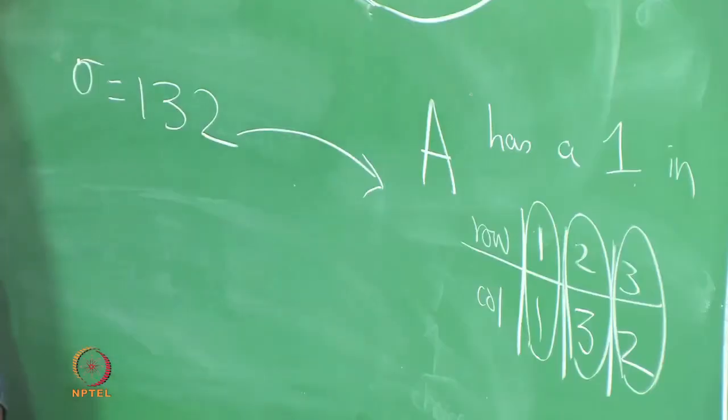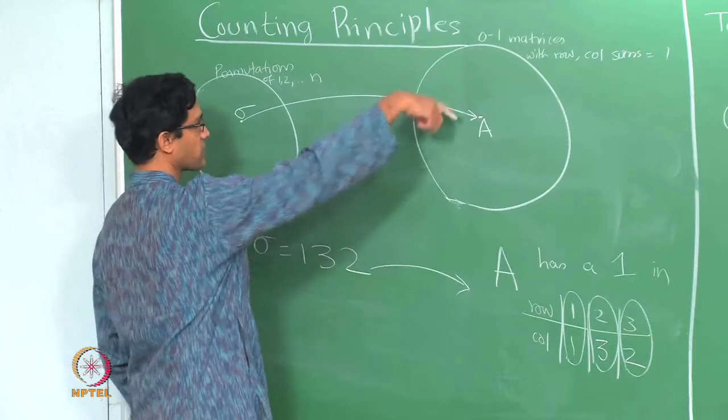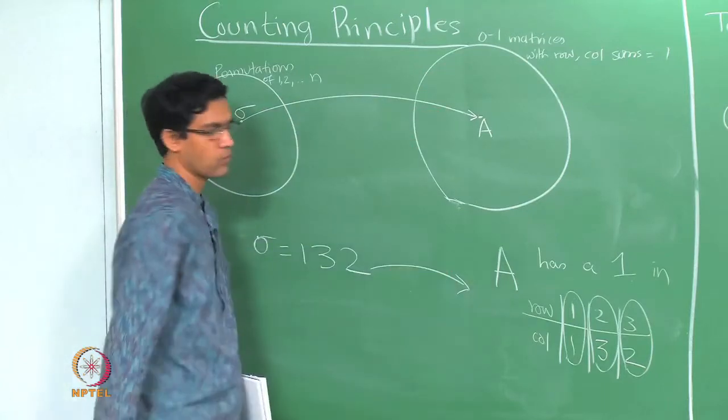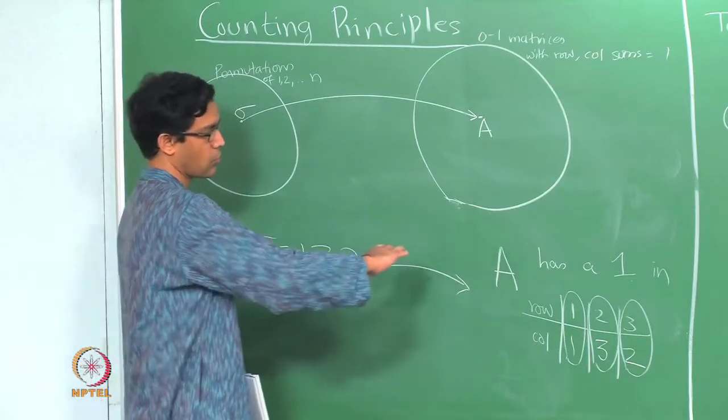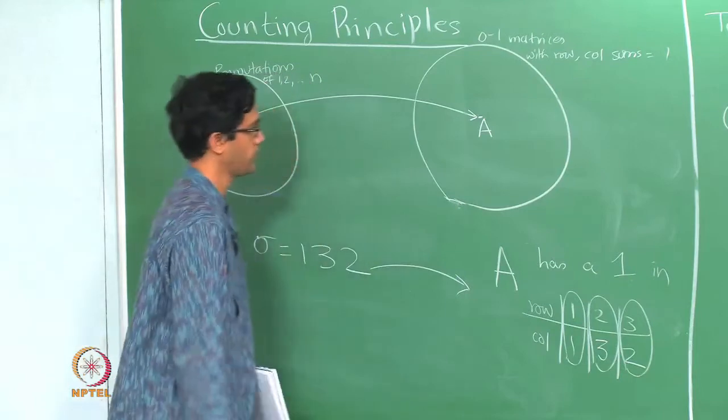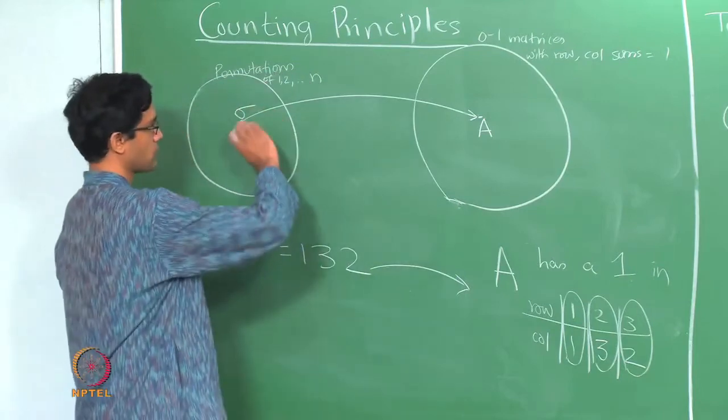So that is the association. Now similarly, given a matrix satisfying those conditions, you can reconstruct the sigma in pretty much the same way. You note down where the ones occur and then forget about the row numbers and just think of the column numbers as giving you a permutation of 1, 2 and 3. Okay. So things like this.